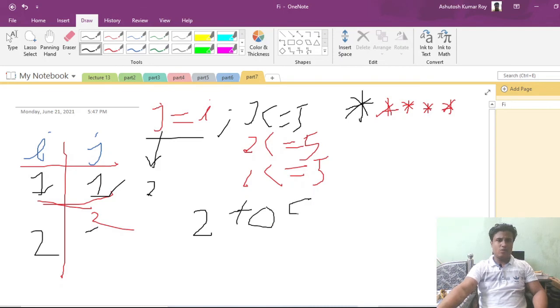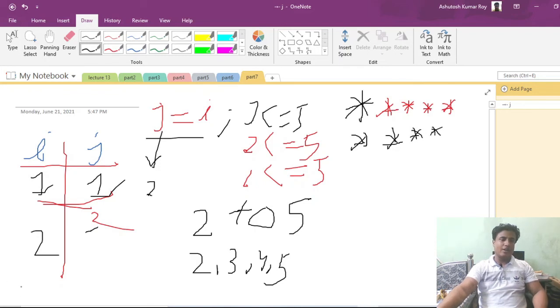2 to 5. So how many times will it print? For 2, 3, 4 and 5. Okay, so it is printing 4 times. Now again it will come out of the loop and go to the outer loop and increment the value of i to 3.